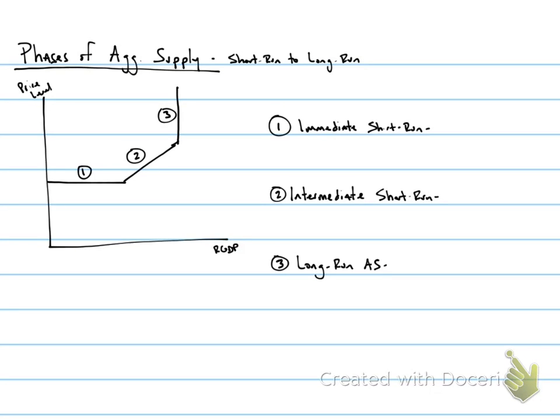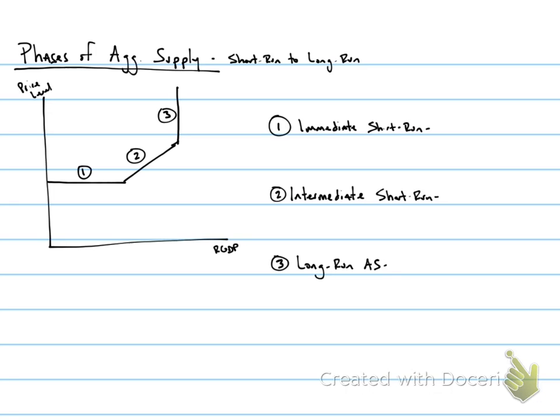All right. We are going to talk today about what causes our economy to go from short-run aggregate supply to long-run aggregate supply. And we do that by taking a look at the different phases of our aggregate supply curve. So you can see I have a curve drawn here, and I have it labeled, and they're broken up into